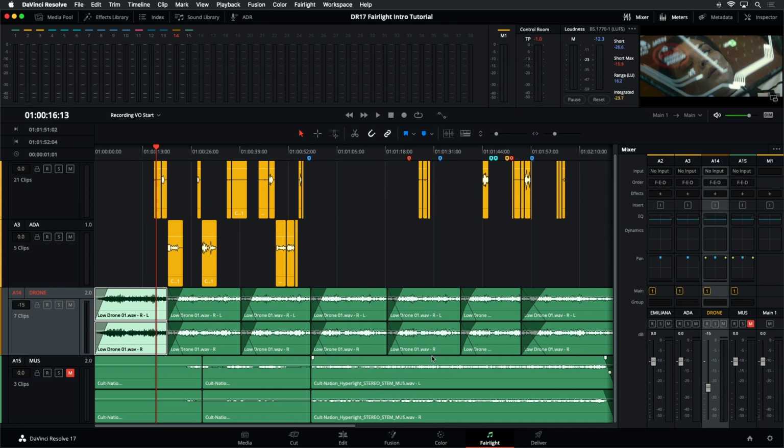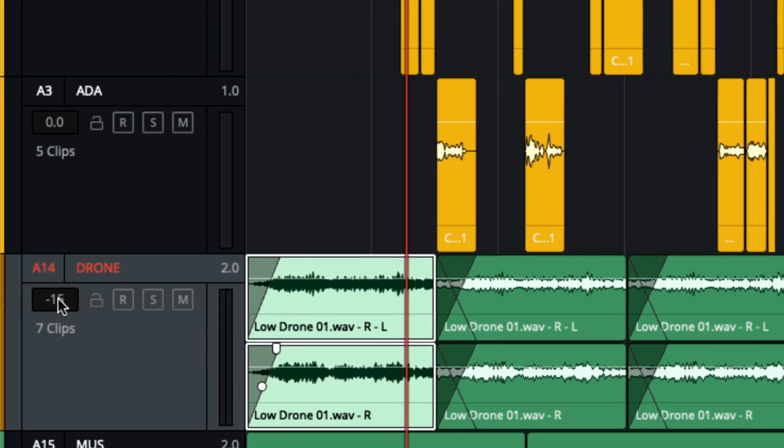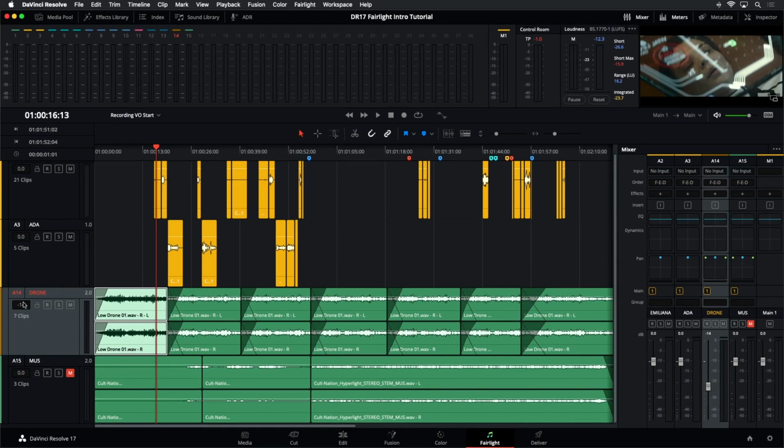You can also do that right here on the track header itself, even if the mixer isn't showing, by just dragging in this field. If you look, you can see this field on the left-hand side. There it shows that's the level of the track at this moment. I can raise or lower that relative to what it was before. I'm going to zoom out and I'll show you as I drag this up and down. Notice the fader